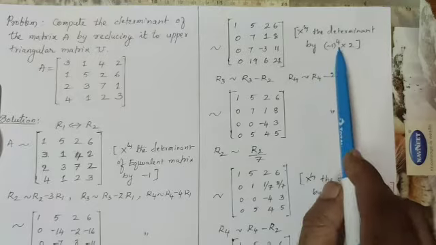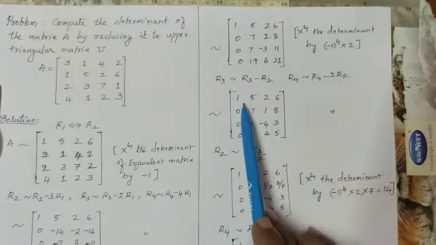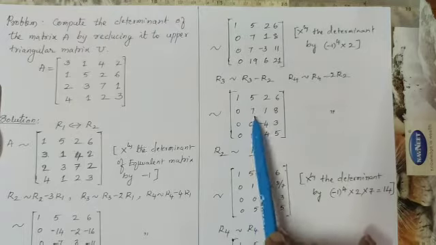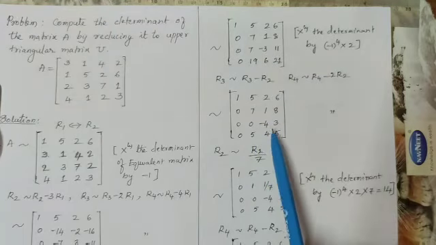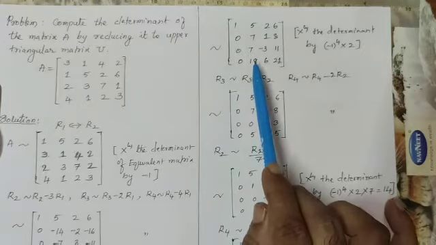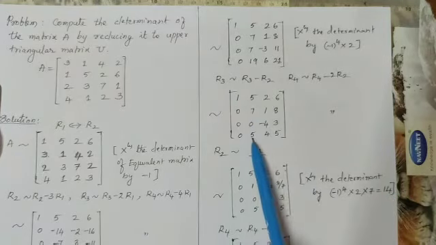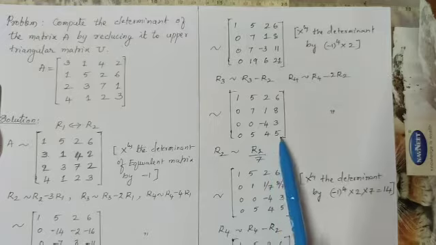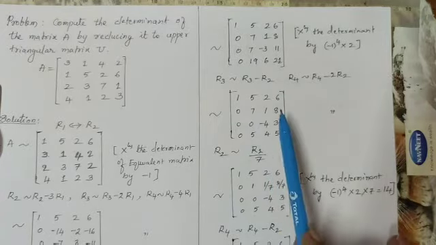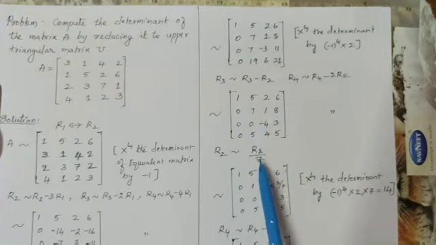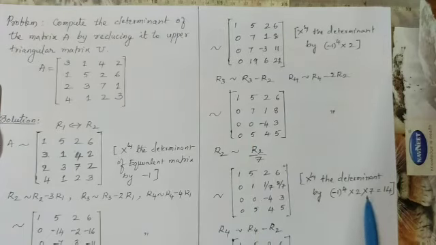Now this remains the same. So I have got this answer: 1 5 2 6, 0 7 1 8, 0. This becomes 0. This becomes -3, -1, -4, like that. This becomes 3. Similarly 0, 19 minus 14, 7 into 2 is 14, 5. Similarly 4, 5 with this operation. After getting this, I divided the second row by 7. Since I have divided the second row by 7, I have to multiply by 7. So totally (-1) to the power 4 is plus 1, 7 into 2, 14. Now I have to multiply the determinant of the equivalent matrix by 14.